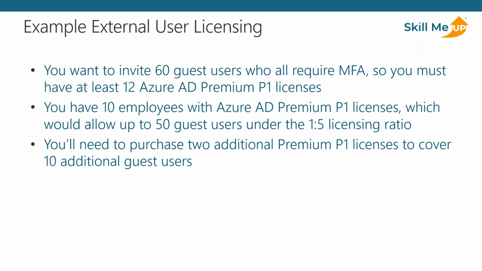Now, of course, in the real world, from a cost perspective, having a bunch of P1 licenses and a bunch of P2 licenses, maybe EMS licenses, maybe E5 licenses, it's still the same ratio of 1:5. You'll just need to double check. It's not always Azure AD Premium licenses that you need, because if you have Microsoft 365 E5 license,